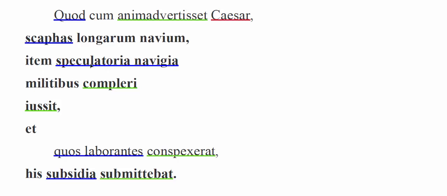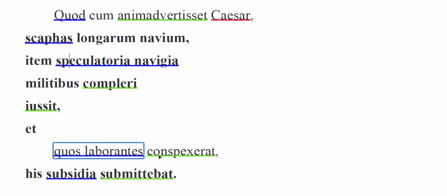That's what a speculor is, right? Is a scout. So speculatoria navigia are ships that go and look ahead. So scout ships, he ordered them, both of these, the skiffs and the scout ships, to be filled with soldiers. All right? So he orders these smaller boats to be filled with troops, and